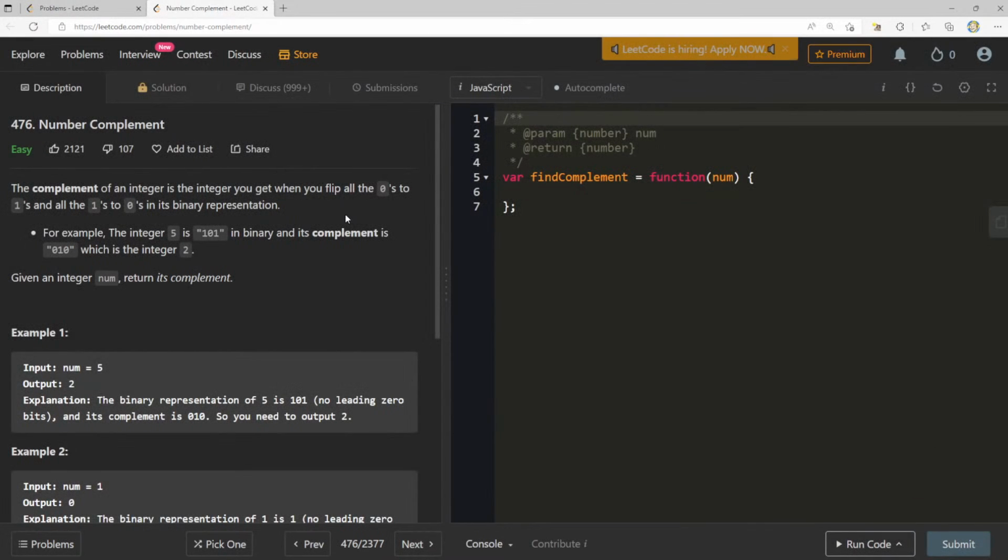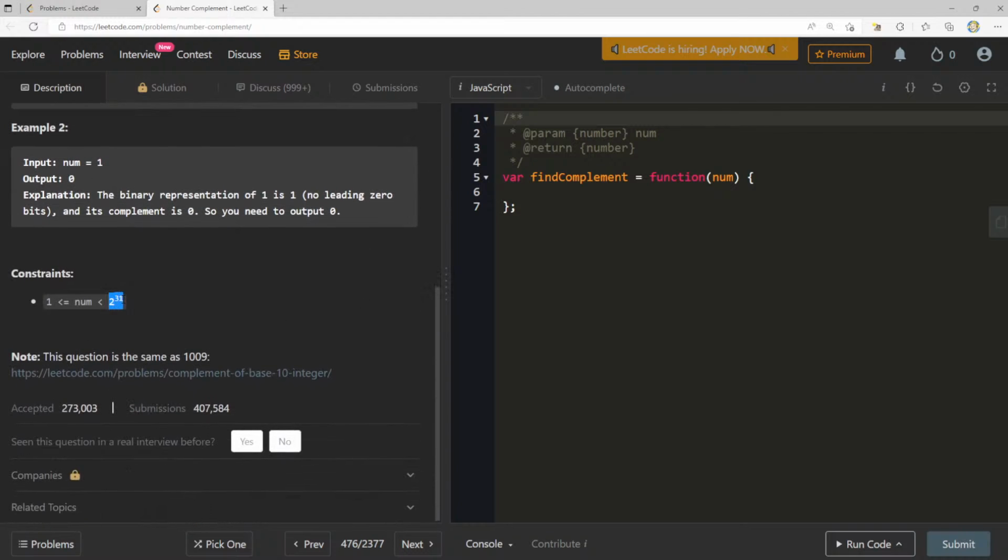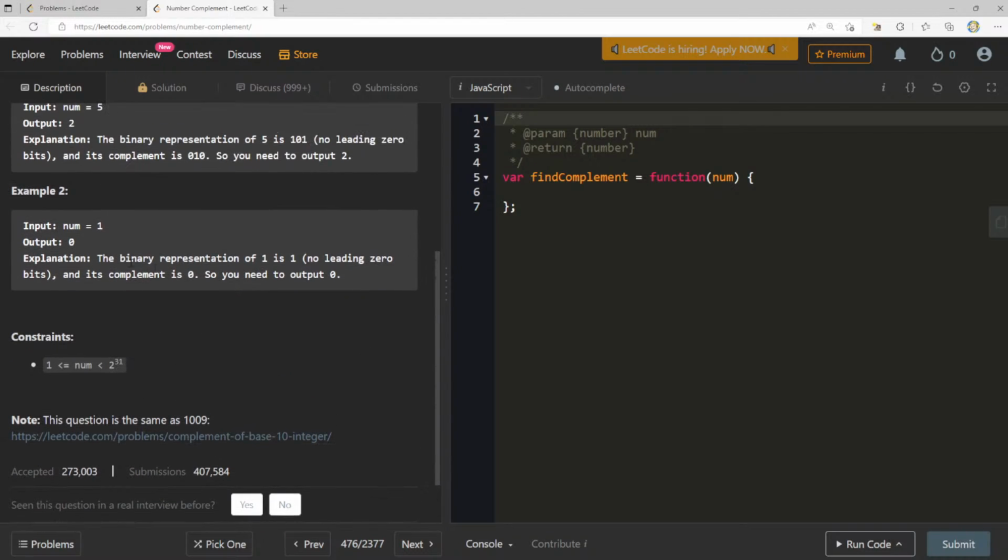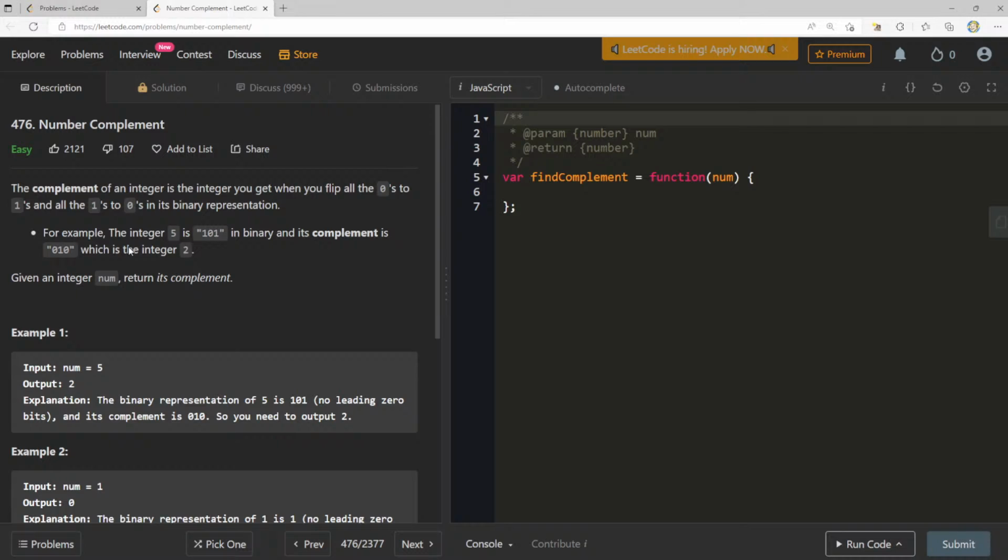All right, the complement of an integer is the integer you get when you flip all the zeros to ones and all the ones to 0 in its binary representation. For example, the integer 5 is 101 in binary, and its complement is 010, which is the integer 2. Given an integer num, return its complement. So what is the, okay, 2 to 31. So I think one way of doing it, and just to make sure,